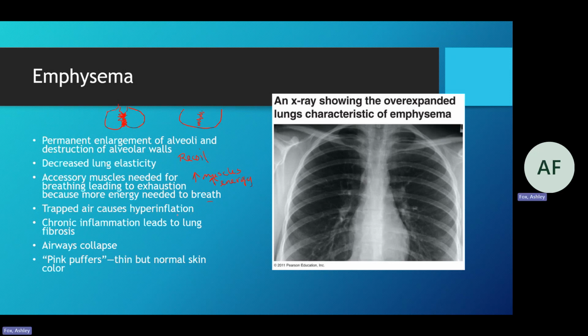Sometimes we can cause trapped air, where air stays in this really massive alveolus and can't get out. It just stays in the alveoli and causes what we call hyperinflation. It's sitting there and it's not helpful because it's not moving. We want to exchange, to get rid of carbon dioxide and get oxygen. But if it's just sitting in the alveoli, filling them, then we can cause even more damage and hyperinflation. And that's what we can see in the lungs.